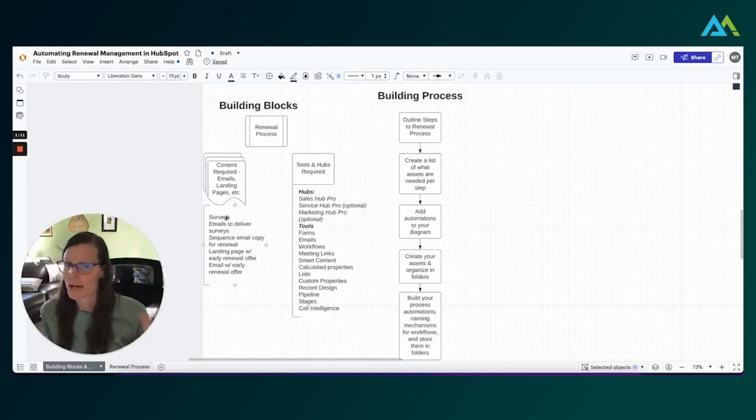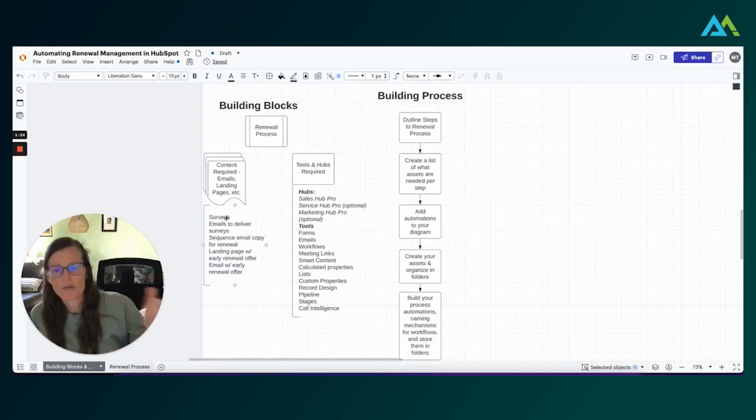If you have Sales Hub Enterprise, we can auto-enroll in sequences. That's going to give us the most automation. So ideal automation would be to have Sales Enterprise, Service, and Marketing Pro. But with Sales Hub Pro, you can do this. All right. And then the tools we're going to use: forms, emails, workflows, meeting links, smart content, calculated properties, lists,